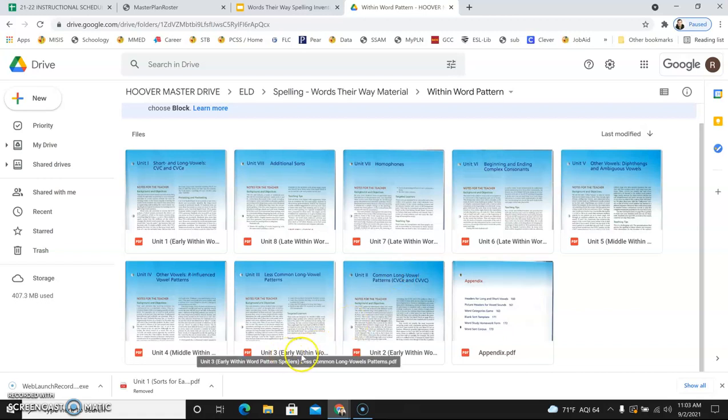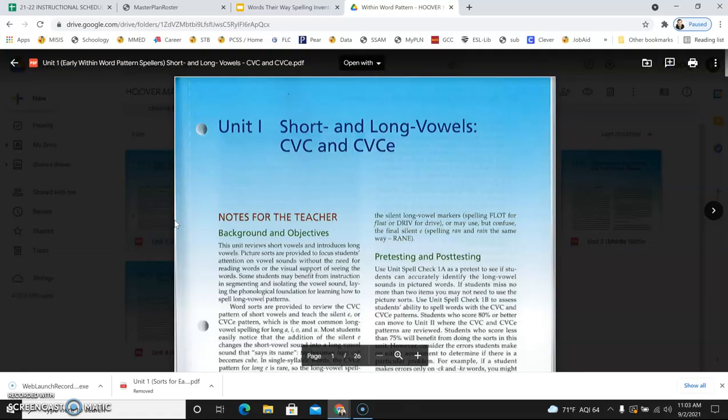Unit 3, early within, less common long vowel patterns. Unit 4, middle. Unit 5, middle within. Unit 6, late within. Unit 7, late within. Unit 8, late within. We can see that we have 3 early within units to choose from. I'm going to go ahead and start with the first one. Once I open up the unit,